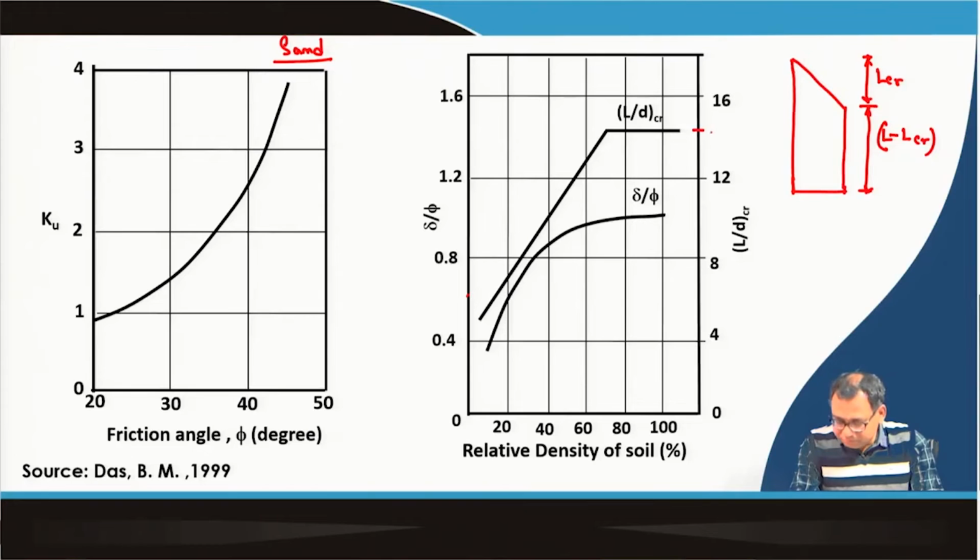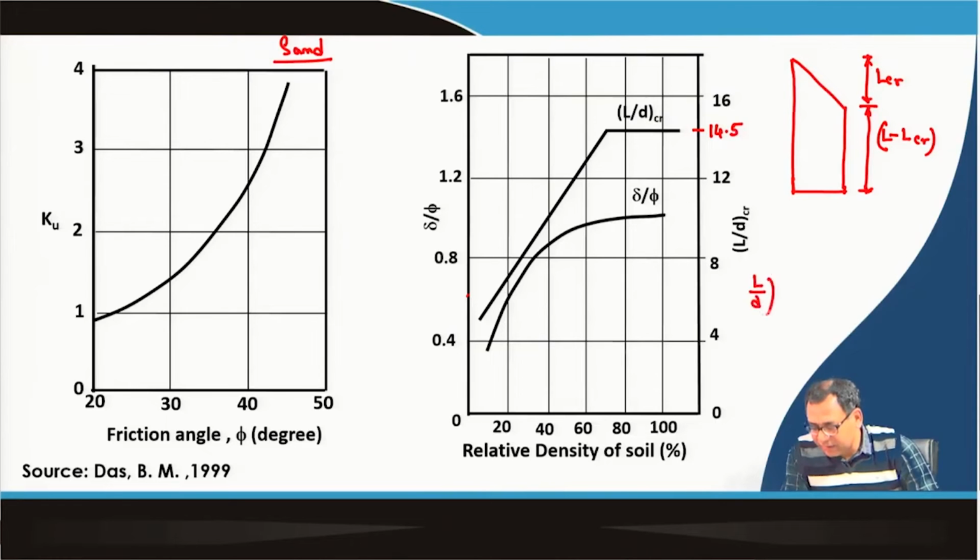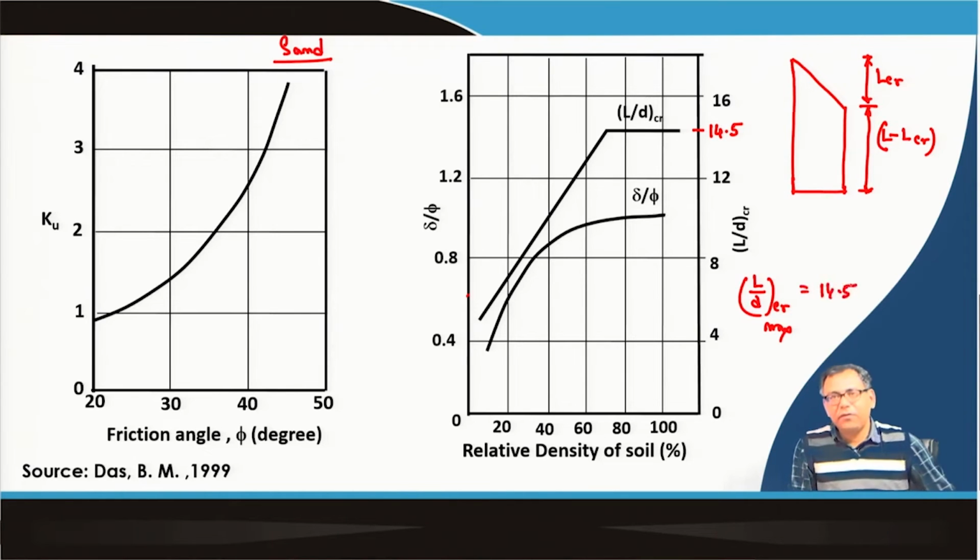13, 14. This is 12, 14, 14.4, 14.5. So, the maximum value is around 14.5 for the critical length. So, L divided by D critical maximum is equal to 14.5 for the uplift case, because for the compressive case